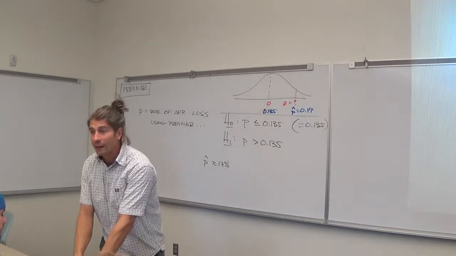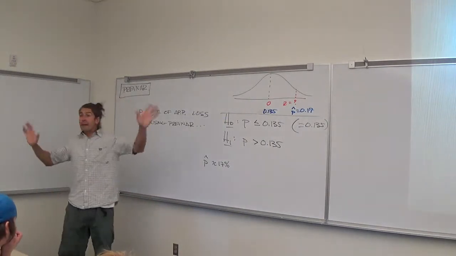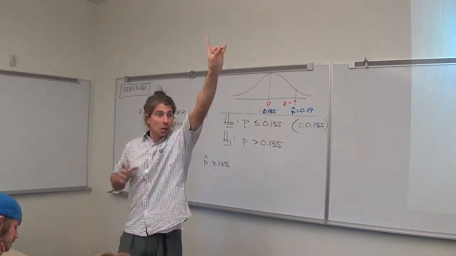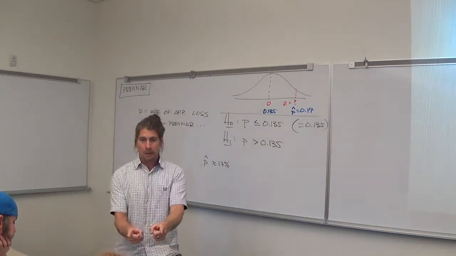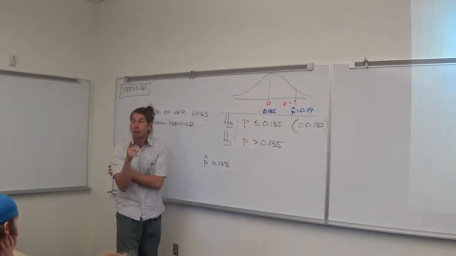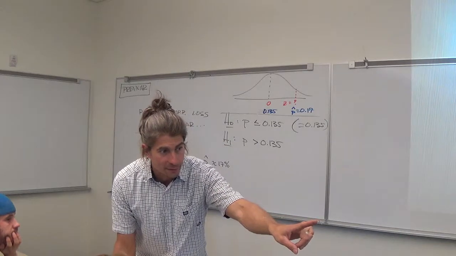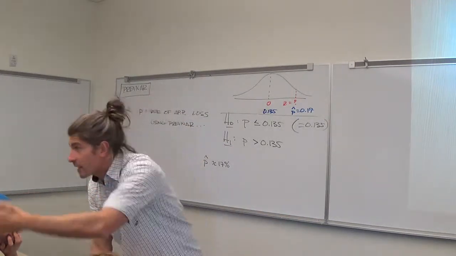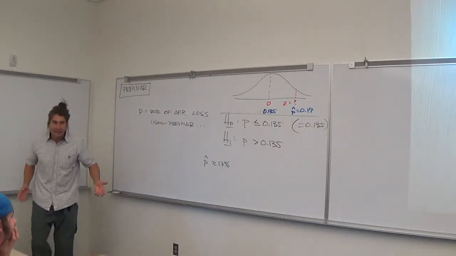So what would a type 1 be in this case? You can only make one of the 2 types of error depending on your results. So a type 1, a false positive, give it to me in words. We say it's causing appetite loss, but it's not causing appetite loss. That's a type 1. Can you see why that's a type 1, why that's a false positive? We're saying something has changed. We're saying Prevnar is making kids not eat, but it actually isn't making kids not eat.